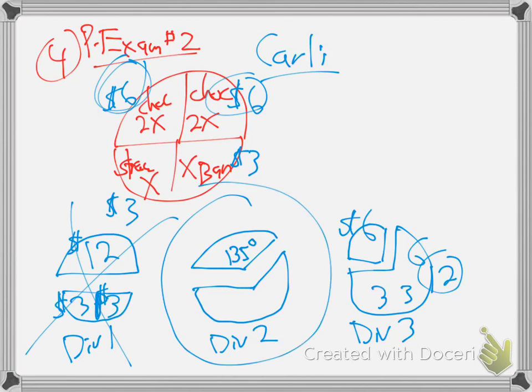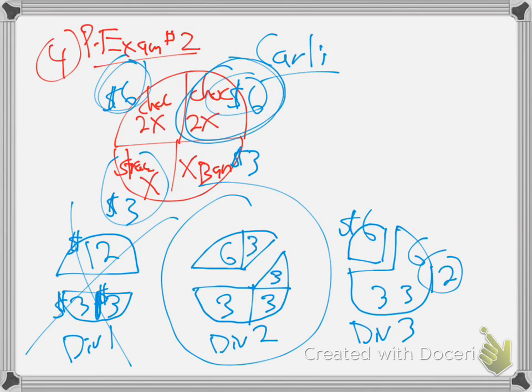Is that really equal? It is. Let's prove it. This part's worth 3, just grabbing the 3 there. This part right here is worth 3. And if I can break the chocolate, the 135 is just 90 and 45. It's just straight up and then half. Straight up, this is worth 6, and then this section is worth $6. It's broken into 3 and 3, isn't it? See how that's $9, $9?